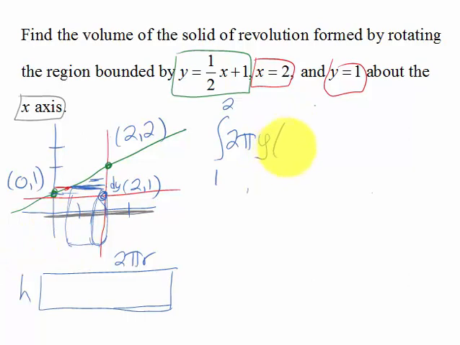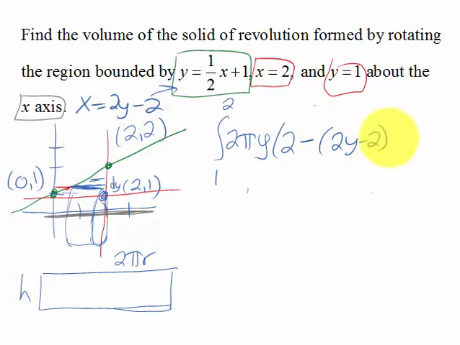So we looked at that and saw that it was going to be 2 minus x, but we want x in terms of y, so we solve this for x, and we have x equals 2y minus 2. So we're going to put that right here, 2y minus 2. And then we've got our little thickness dy. So there is our 2 pi r, which would be like this wrapped around length, and then our height, which was 2 minus this x value, this little red piece here for each shell. Okay, we've got our integral set up,